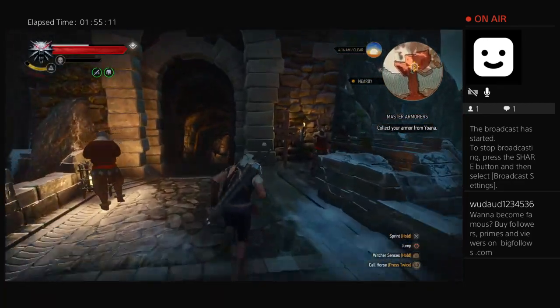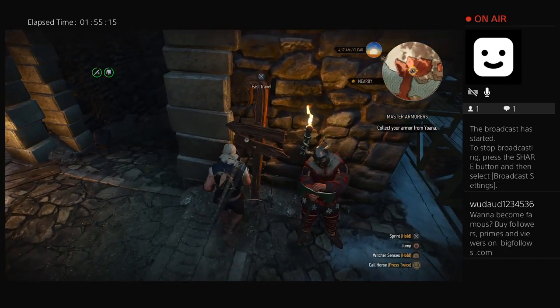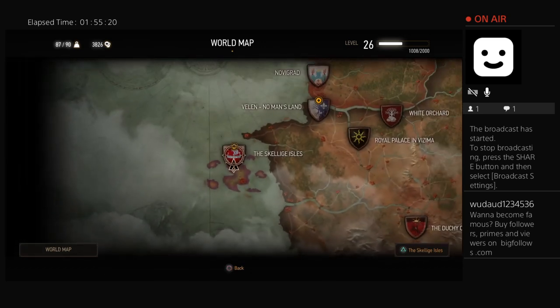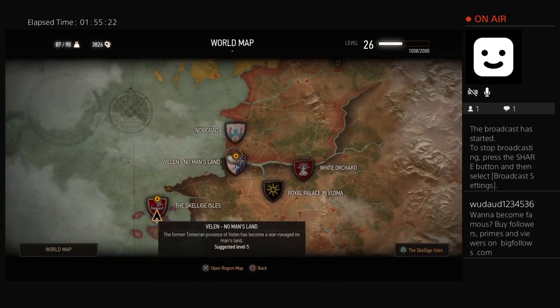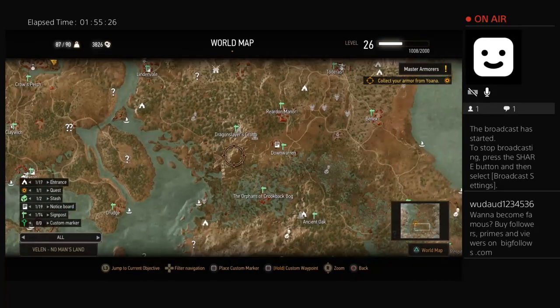Right, let's go. See what Yana has got for me. I didn't mean to turn that torch off, for goodness sake. I'm trying to hit the fast travel. There we are. It might be very cool armor in its own right, but I'm guessing that a crafted one, especially if I can get...